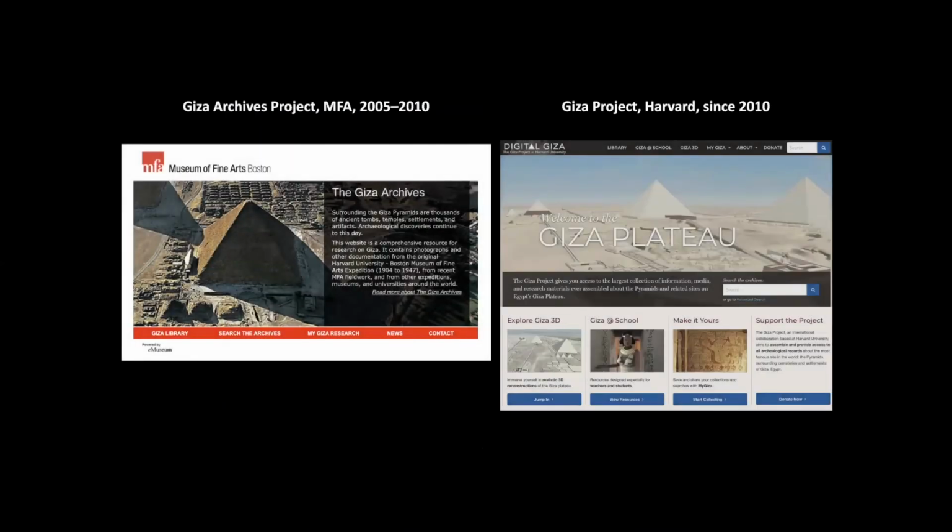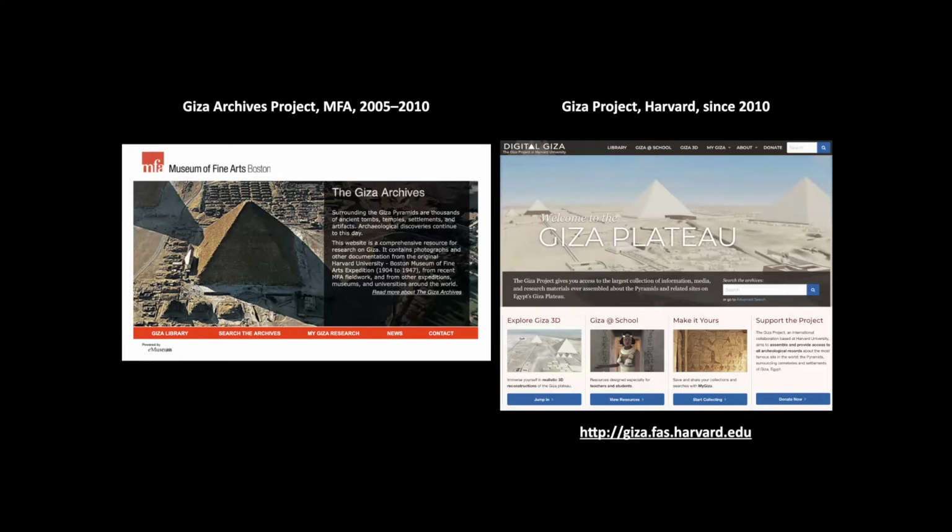So we started in 2000 when I was at the Museum of Fine Arts with Mellon Foundation money from New York. And our first website launched in 2005. That's the one on the left, still alive, but in its death throes. I wouldn't refer you to that one. Since about 2010, we moved over to Harvard University, and we have a more up-to-date version here. And the point of this talk is really about the scholarship and the public outreach and trying to blend them.